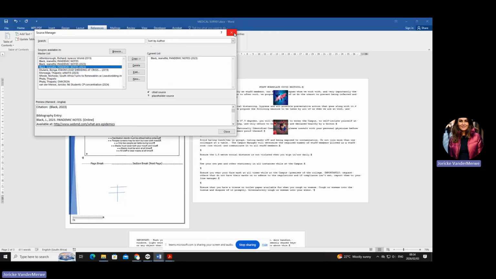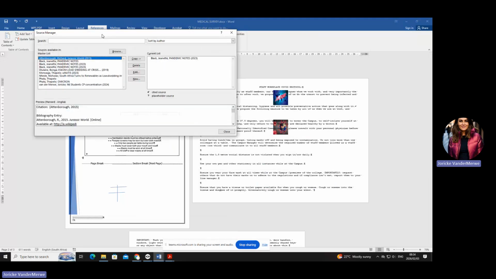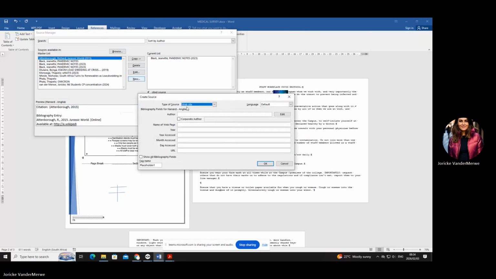Okay, let's quickly revise again. I'm going to do the second one now. They ask you to put in citation 2. All right. Where do I go to? Referencing tab in the ribbon. Manage my sources. New. Okay. Again, it's a website, but it can also be a book or a journal. You must read through everything they ask you there. Are you with me? Okay, so just go down until you find that.